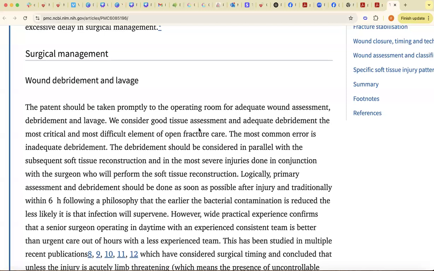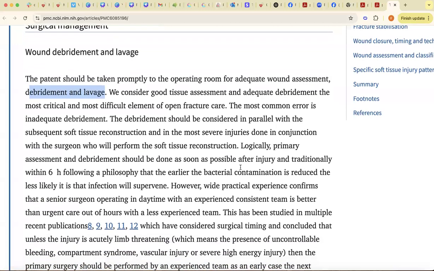Once you have done this, so you made sure that gross contamination has been removed, you check the neurovascular status, that's also fine. Then you started the patient with IV antibiotic. If the tetanus injection needs to be given, then you have given the tetanus. And the next step is to take the patient to the operation theater for a proper wound assessment, debridement, and lavage. So you take the patient to the theater, you put the patient under sedation or anesthesia, and then you